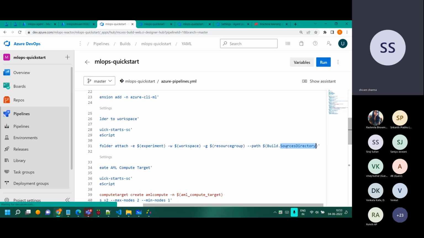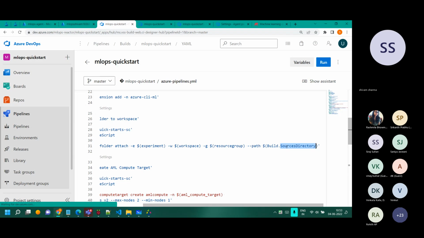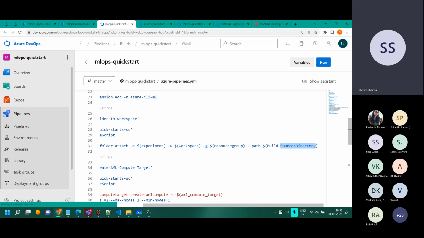These are inbuilt variables which are there in Azure DevOps. How will you do it? I'll show you on the way. I'll give you the link as well, where all the variables are listed, and you have to use them when you are passing something from one step into another step.